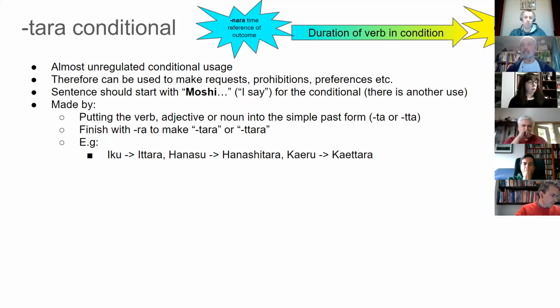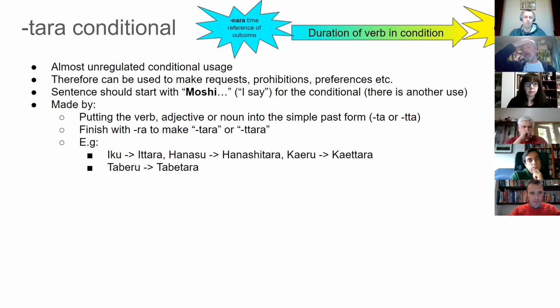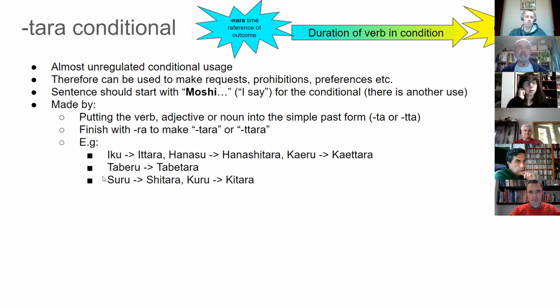Okay, so far, guys? If we just get through the group 1 bit, then that's the main problem solved, really. For group 2, we only need to remember one example verb. So taberu, we remove the ru and put tara on the end. So taberu would become tabetara, miru would be mitara, oshieru, oshietara. And then for group 3 verbs, we just have to remember these. Suru becomes shitara, kuru, kitara.